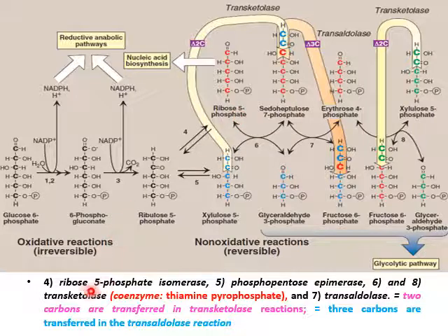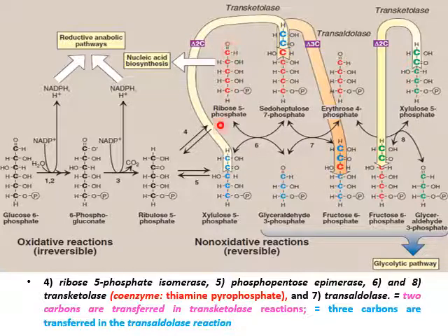Now this reaction is catalyzed by the ribose 5-phosphate isomerase enzyme. So you have to follow the color scheme of carbons. Ribulose 5-phosphate is shown here in black carbons, and you can see that the carbons are 5 in number. And then when you get ribose 5-phosphate, again it is a 5-carbon compound, but here the carbons are depicted